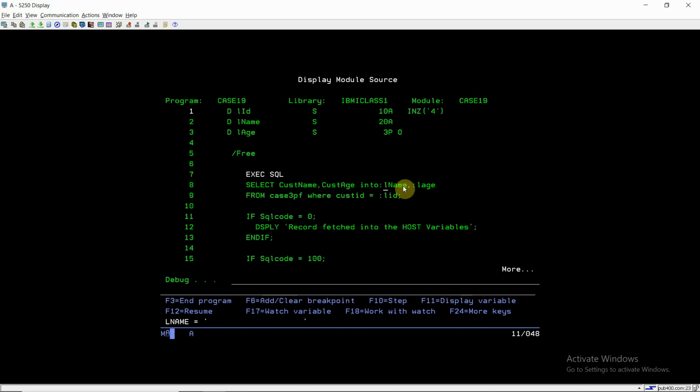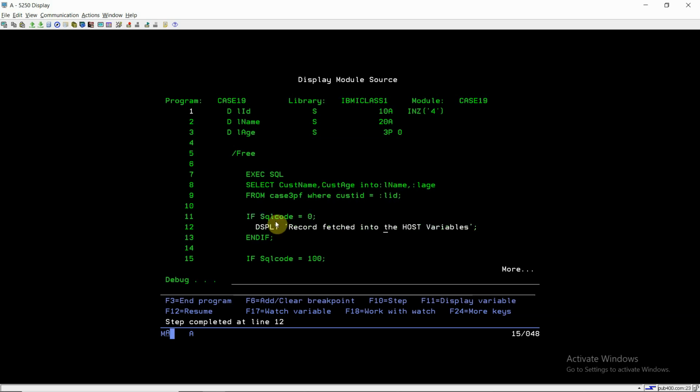We can see currently this is blank. After executing this statement, we have values in name and age. So corresponding to ID 4, we have fetched name and age from the table case3pf.